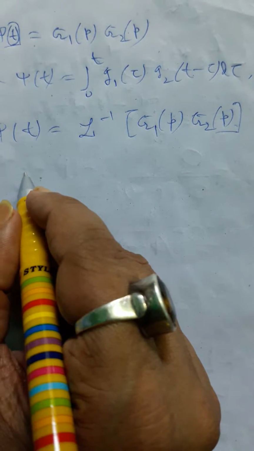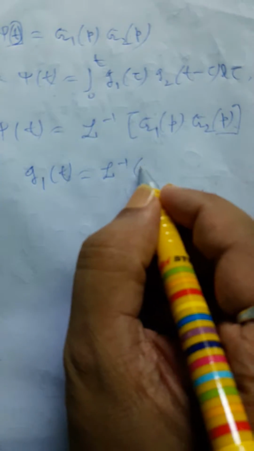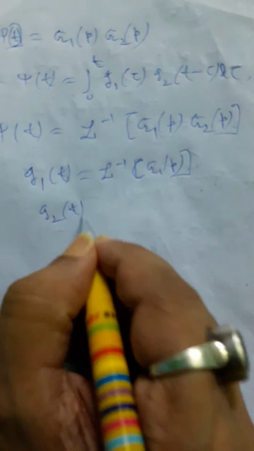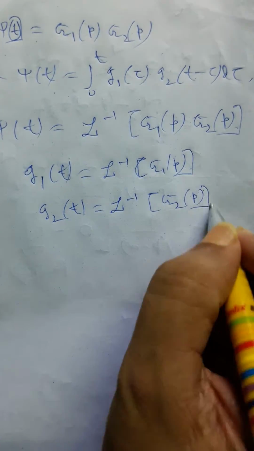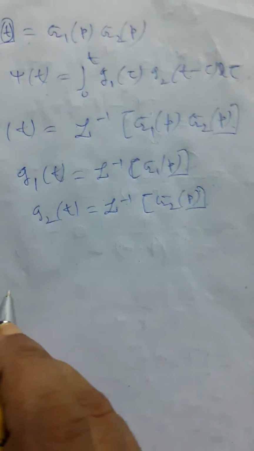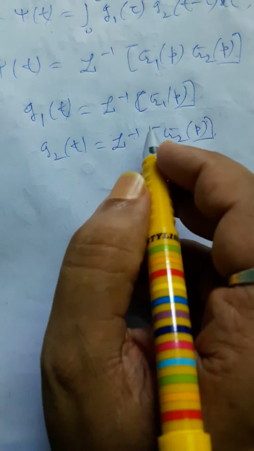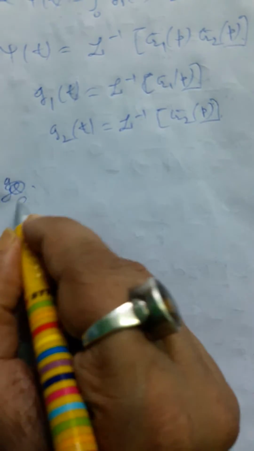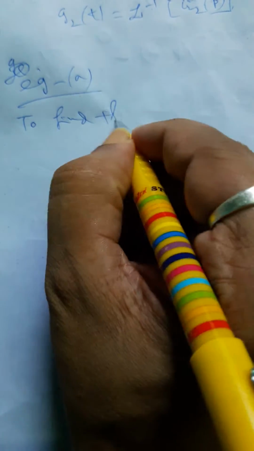Now it's obviously clear that g1(t) will be L inverse of g1(p) and g2(t) will be the inverse Laplace transform of g2(p). With the help of these results we apply them to find a few inverse Laplace transforms. Let us see by examples. Example number 1: to find the value of